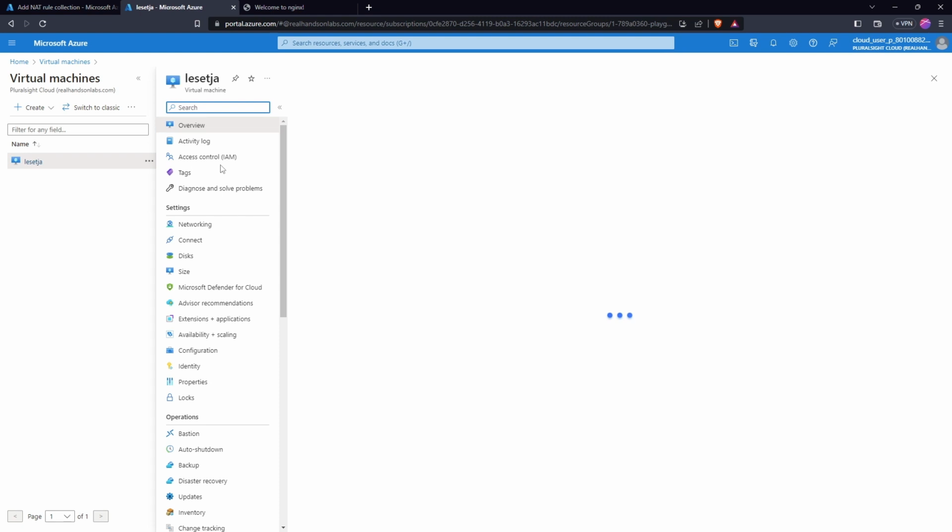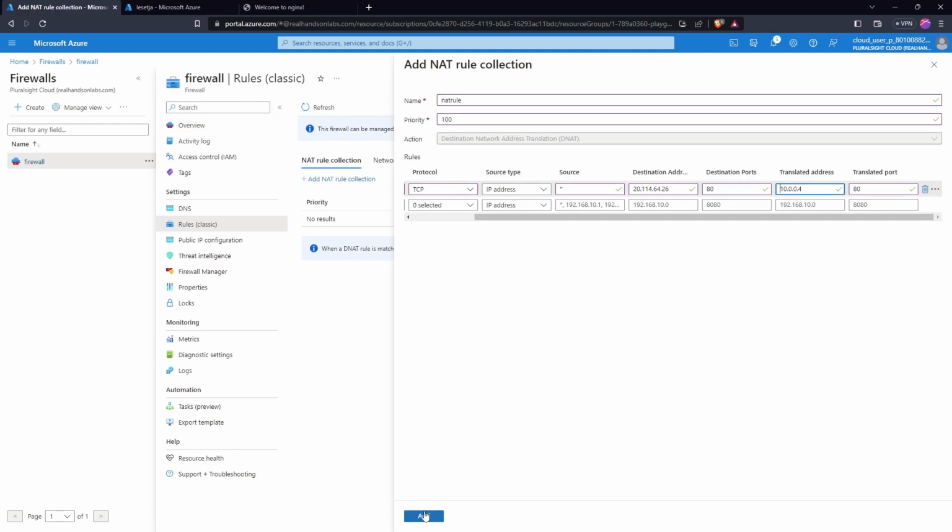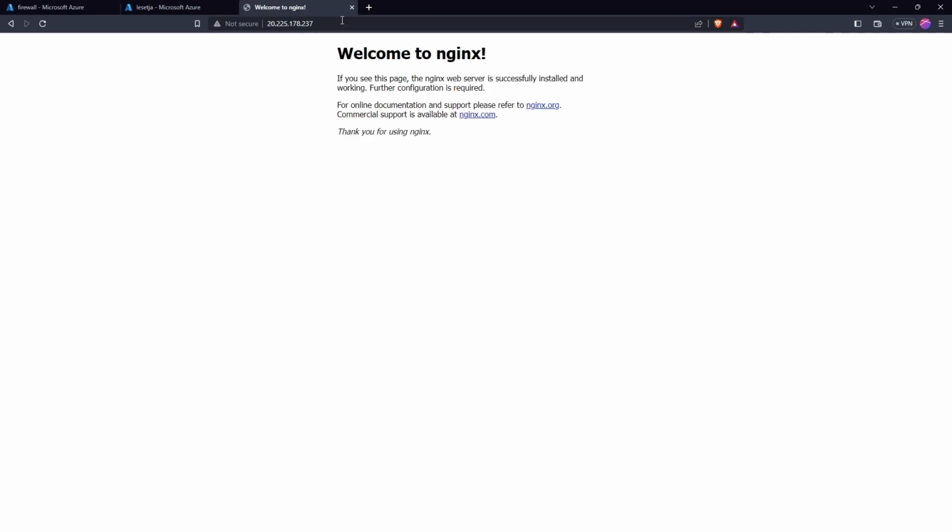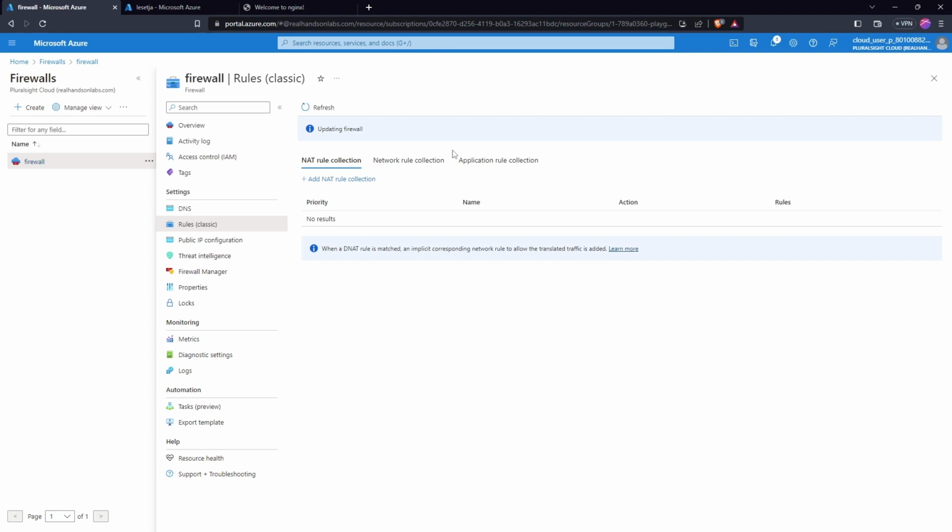Okay, so here I'm getting a red line. I think there's a space that I have to delete. Yes, and then we can say add. So our firewall is updating. Remember, we used this public IP of our virtual machine, but for the sake of this lab, because we no longer need it, let's go to our virtual machine and remove this public IP from